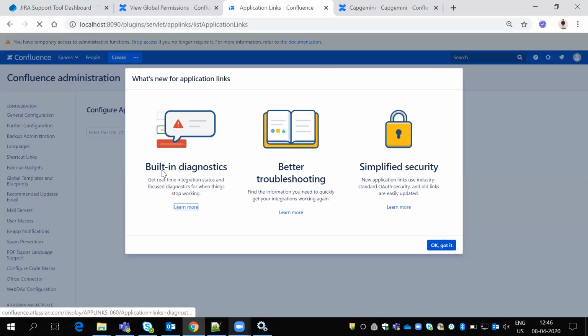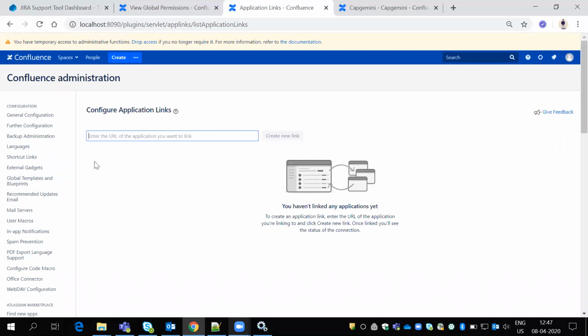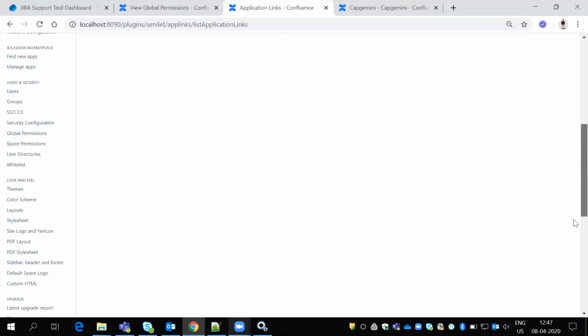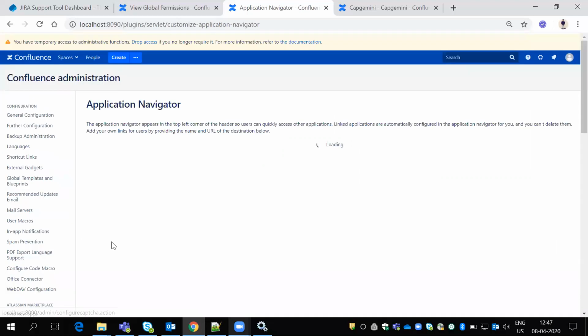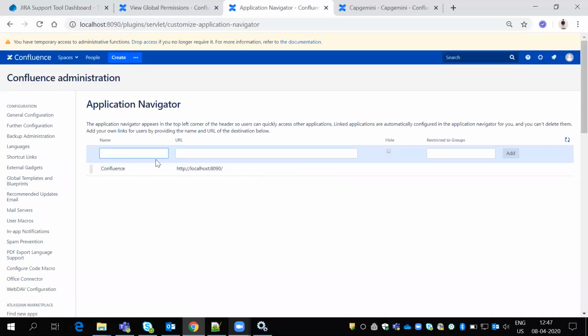We are going to do Jira and Confluence integration now, so then you'll understand how we link Jira or Confluence with other tools, like application access as well. If you add any application navigator here, the same will come here.